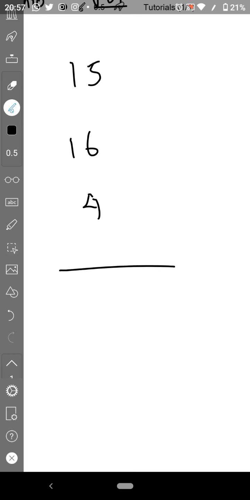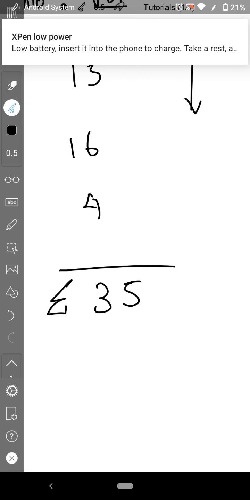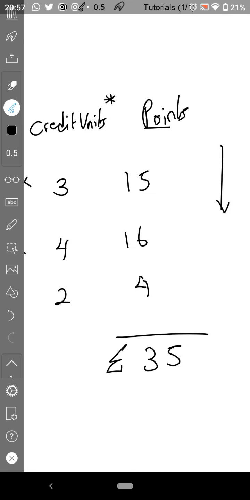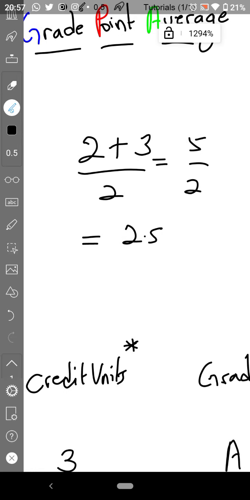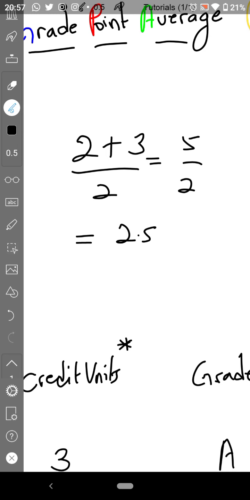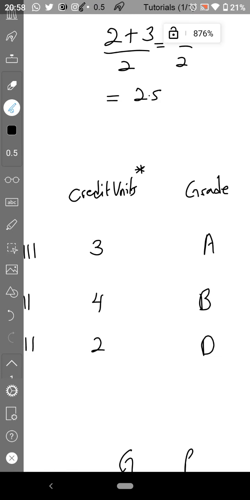Now when you sum all this together, 15 plus 16, that's 31, plus 4, you have 35. Summation of what's in this column is 35. Unlike average, or in this example rather, where I added the two numbers, the average between 2 and 3, and divided by the number of terms. Like if I'm having 5 terms, I'll then divide their sum by the total number, by n, right? For instance, if I'm having 3 numbers here, the denominator will now be 3. So in grade point average, the denominator is rather the total units you'll be taking that semester, the total units you registered for in that semester. So what I'm saying is this: